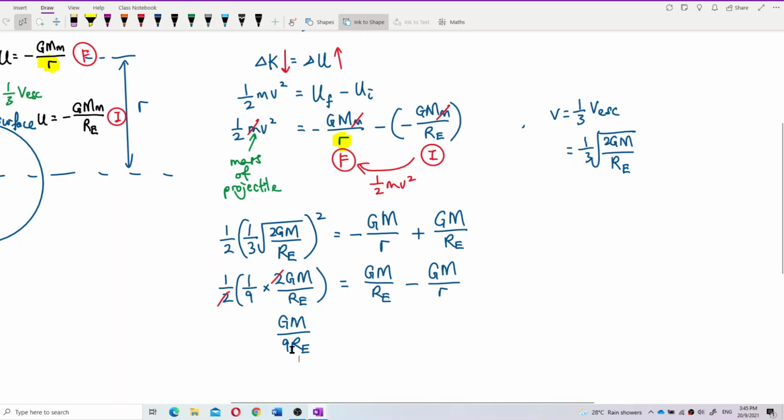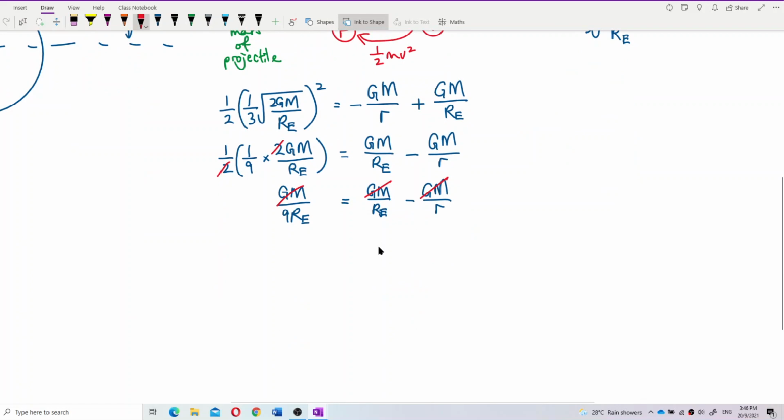So, yep, it's correct. Now let's move on. Am I correct? Yeah, I'm correct. And then you have here gm over re, and then negative gm over small r. From here I can cut the common, isn't it? These are the common, so let's cut it off. What's left is 1/9 re equal to 1/re